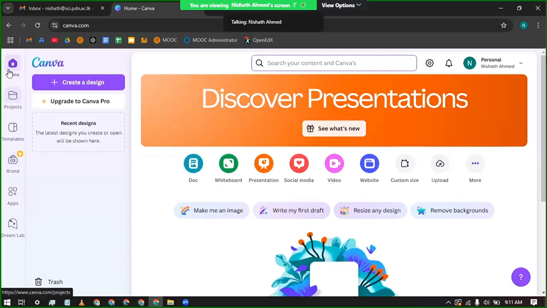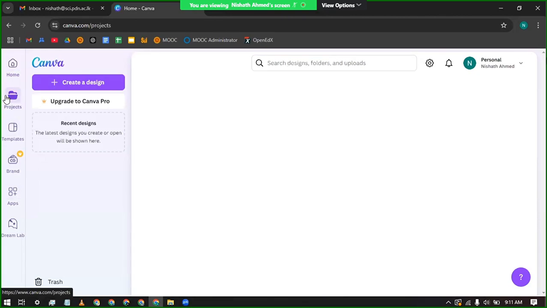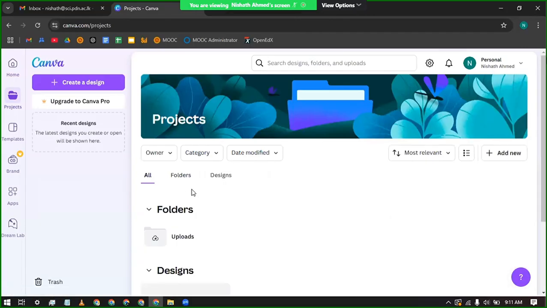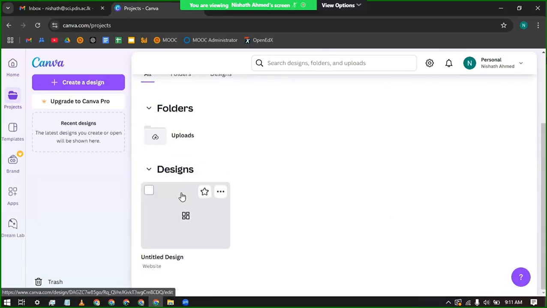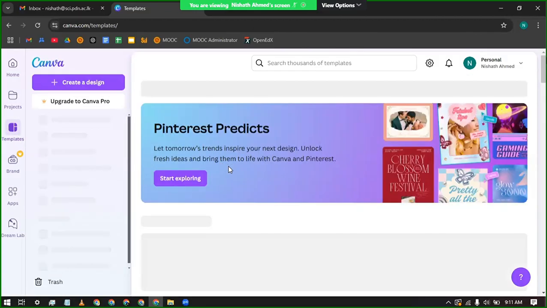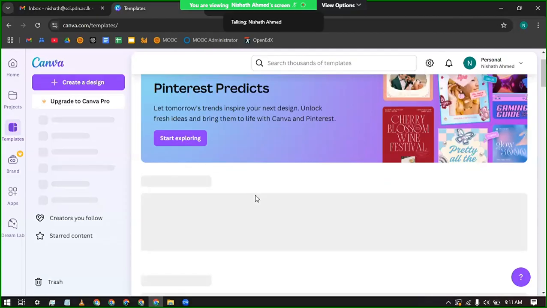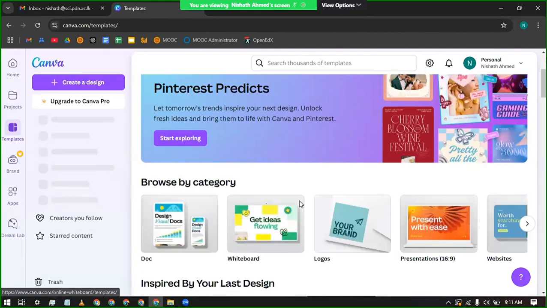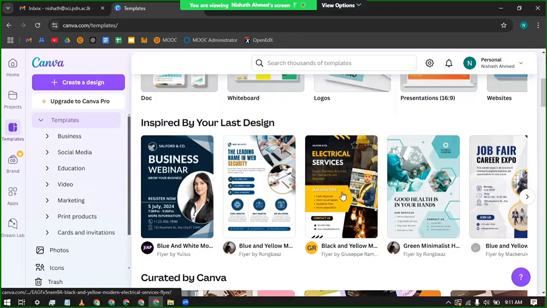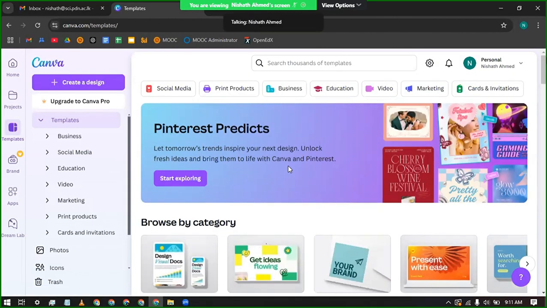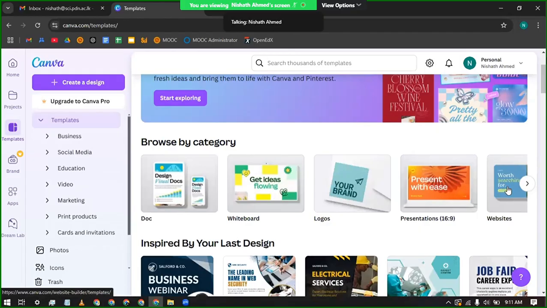The first ones are home, projects, and templates. If you go to your projects folder, you will see your recent projects, the projects you have worked on. In your templates folder, you can see the templates that are already created for you. These are the templates that we can use, which are readily available. First, we will just see how we can use the